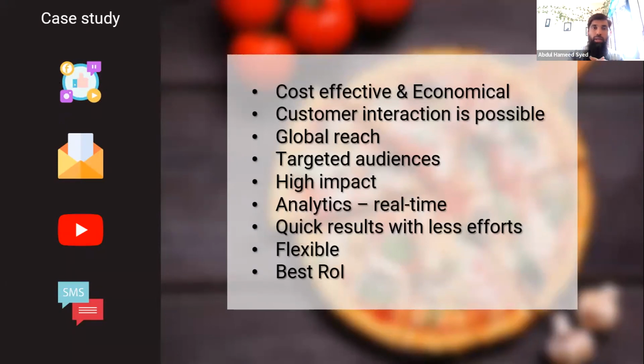कस्टमर इंटरेक्शन इसमें पॉसिबल है। कस्टमर आपसे पूछ सकता है कि भाई आप टॉपिंग्स कैसे यूज कर सकते हैं, या क्या यूज करते हैं, चीज कौन सी यूज करते हैं, कितनी यूज करते हैं, XYZ, राइट। ग्लोबल रीच है, मैं यहाँ बैठे बैठे जैसे मैंने बताया दुनिया भर में मैं अपना ऐड डाल सकता हूँ। Targeted audience होगी मेरी, because I target only people who are vegetarians, right, क्योंकि मेरा प्रोडक्ट वेजिटेरियन है। I am showing the ad only to people who are vegetarians। इसकी वजह से इम्पैक्ट बहुत हाई होगा।